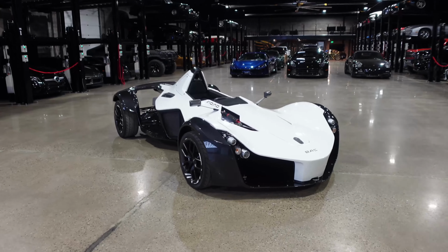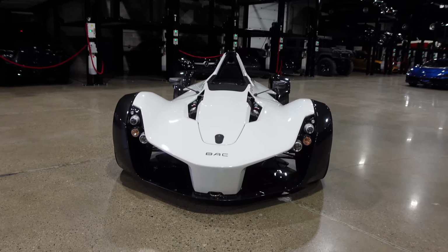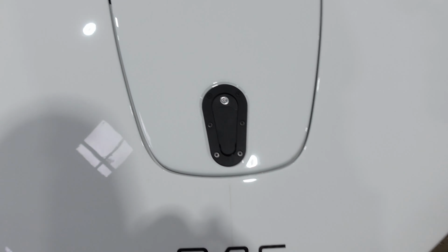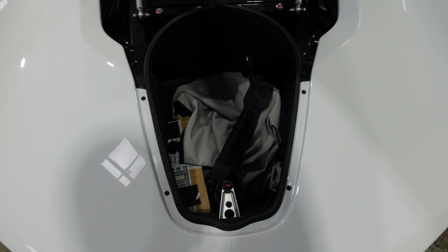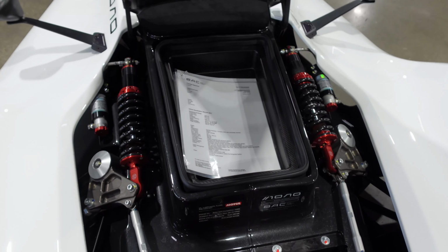Let's take an up-close look at this BAC Mono. It's properly aggressive. Single-seater, open air. Up here we have the BAC logo, and right above it, you see this latch. That opens up your storage space. So we have a front trunk here. You could fit a helmet in there, and then there's another little storage box up there, and to either side,